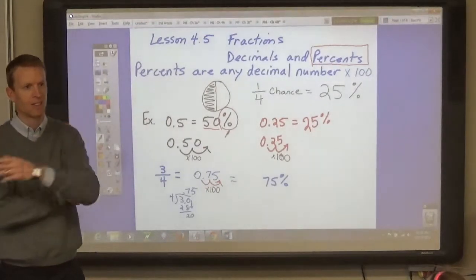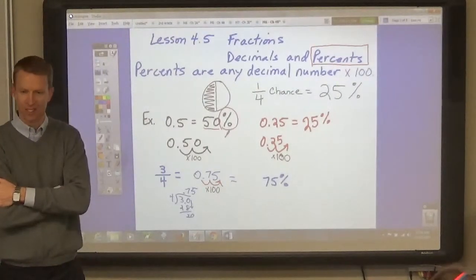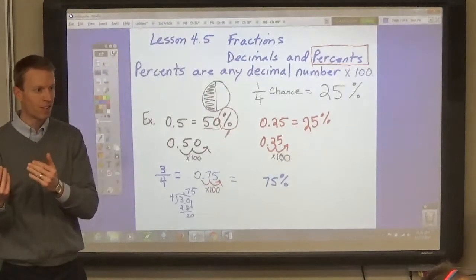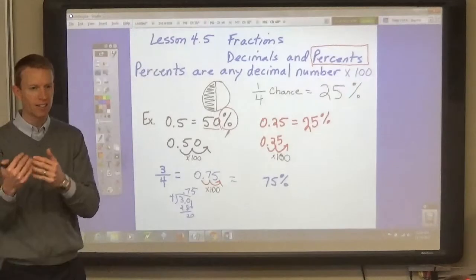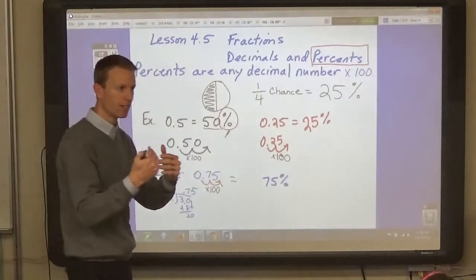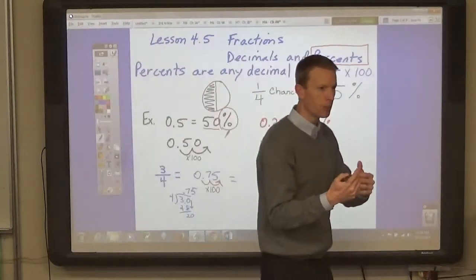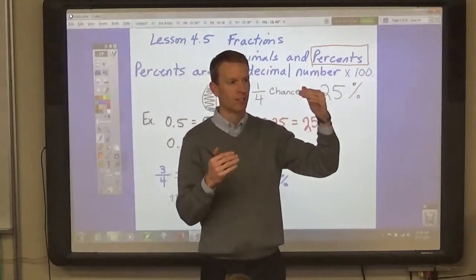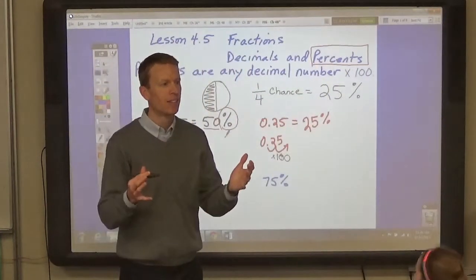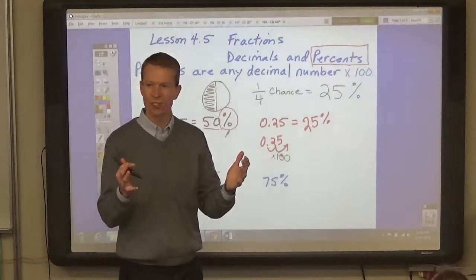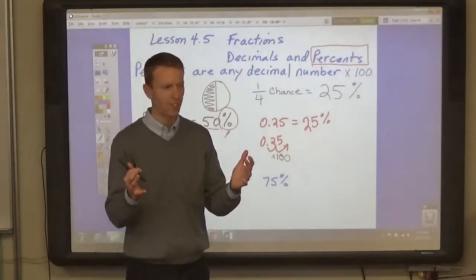10/20. 900, 1,800. Yes, 900 out of 1,800. That's also 50%. It doesn't have to be below 50 in order for it to be 50%. It just has to equal what? They have to be half of the whole thing. Exactly. It just has to be a fraction that equals half. Okay? Now,